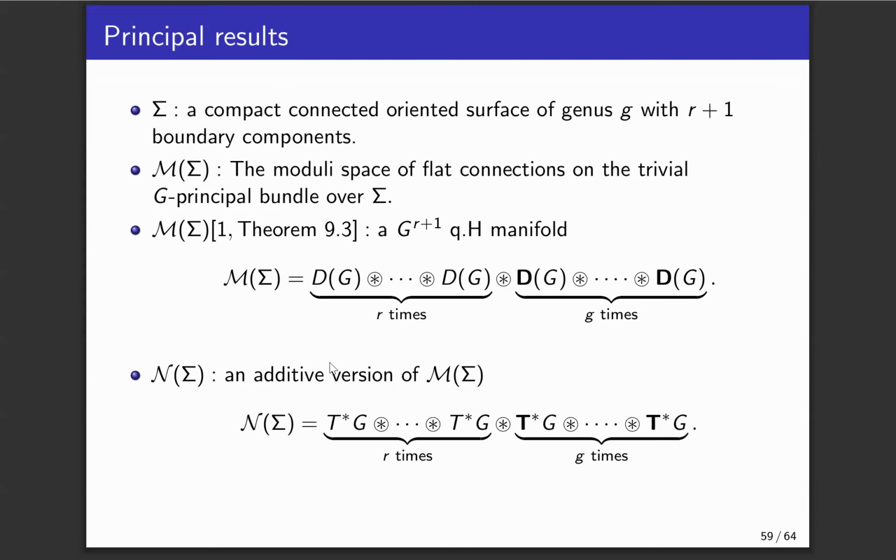And then we defined, in this paper, an additive version of the moduli spaces. To each copy of the double, we associate the cotangent bundle, and to each copy of the internal fusion of the double, we associate a version of an internal fusion of the cotangent bundle itself. And we also have a geometric interpretation of this additive version, because